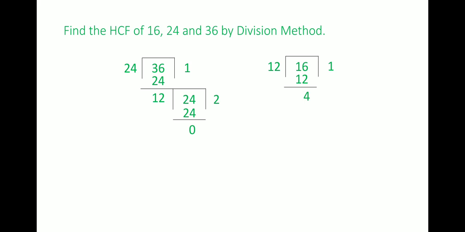And now this 12 comes out here, down here, and that 12 gets divided by 4. So 4 will divide 12 3 times. So 4 into 3 is equal to 12, and the remainder is 0. So this means that the HCF of these 3 numbers is not this 12, but this number over here, which gives the final remainder as 0. So this 4 is the HCF for all these 3 given numbers. So HCF of 16, 24 and 36 is equal to